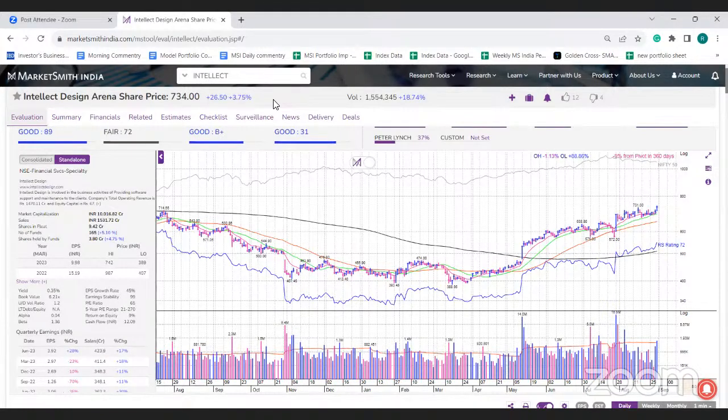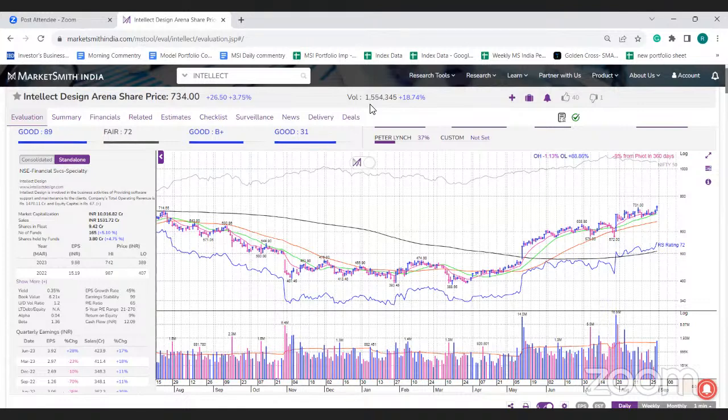Okay, I think this will be the last query for today's session. Don't feel left out that we are not taking your queries, but our objective here is not to take many queries. Our objective is to educate most of the participants here about the CANSLIM methodology, how we take decisions on the buying side, on the selling side, and how we manage the model portfolio. That is the core objective of this session. It's not about the number of stocks, but about the knowledge we are sharing in this session.